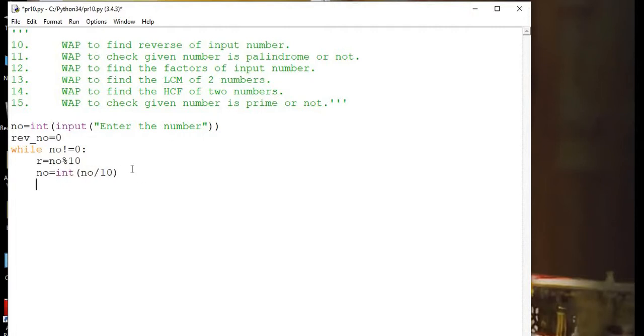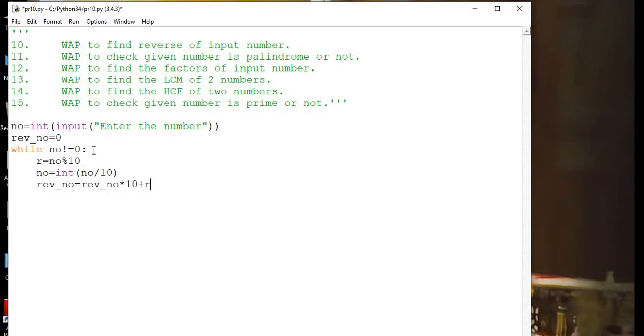And the reverse number will be reverse number equals reverse number into 10. The previous value of reverse number is 0, so the previous number will be multiplied by 10, and you will add the new digit, the remainder.